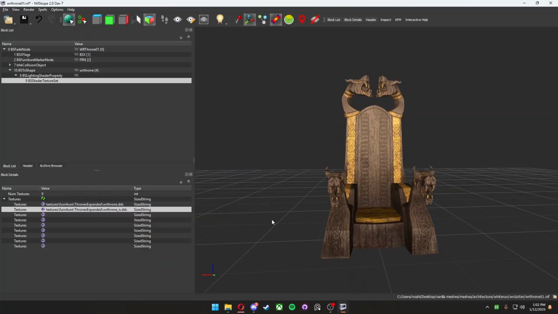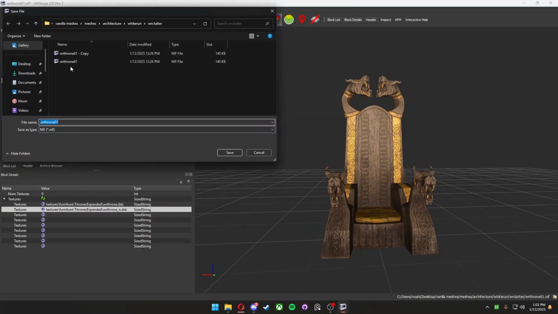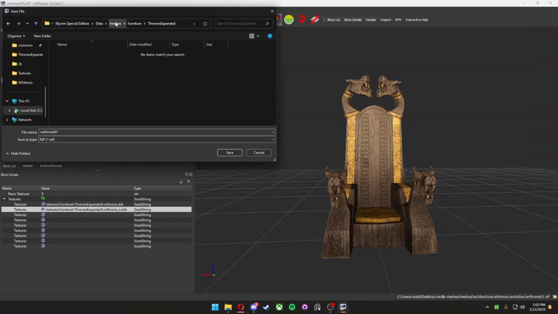Now from here, I'm going to do File, Save As, because we don't want to save over our reference. We want to keep our reference. Then you can save it in your Skyrim directory, in that folder that we created in the meshes folder earlier. So meshes, furniture, your mod name, and then we're going to name this Whiterun Throne Remastered,